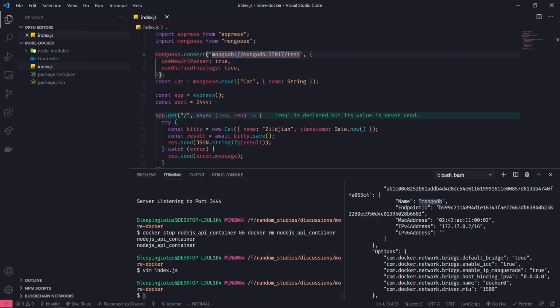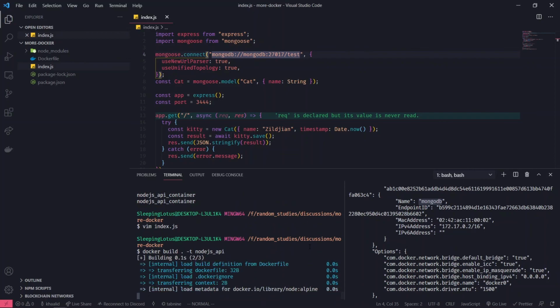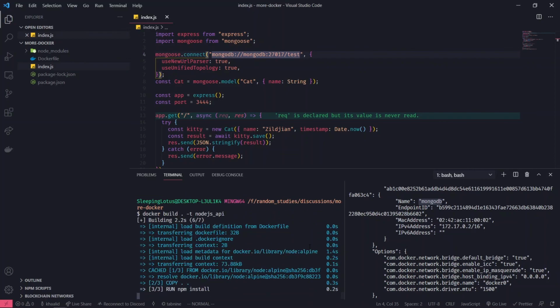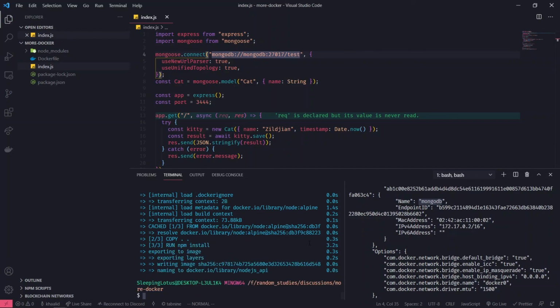Now again we have to build it, right? So let's build it. Now we have to add a new command for this instance. We say run again: docker run, name Node.js container, port 3444, and Node.js API. Now we have to mention link, which means link it with,